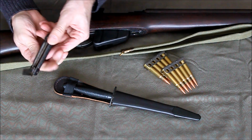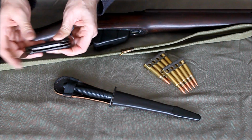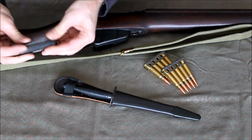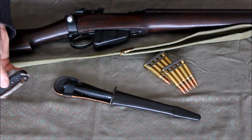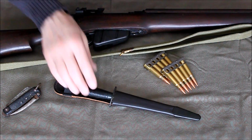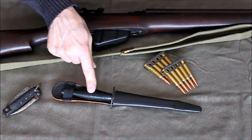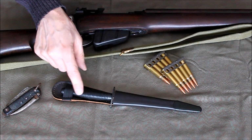And then a spay type blade, basically a straight edge on it. This particular one was made by a company called Taylor. A lot of different companies made these, usually the Sheffield type knife companies. But the focus of this video would be this knife right here, which is a Fairbairn Sykes Commando knife or